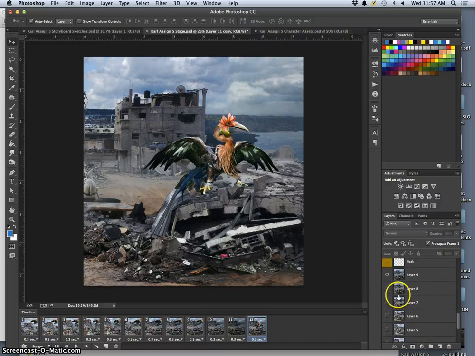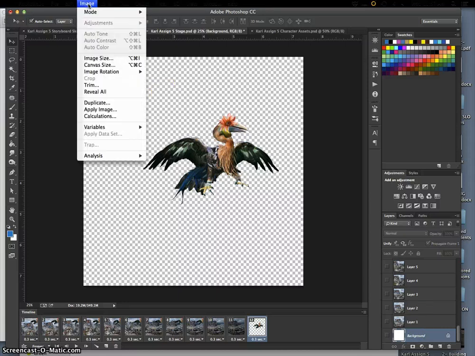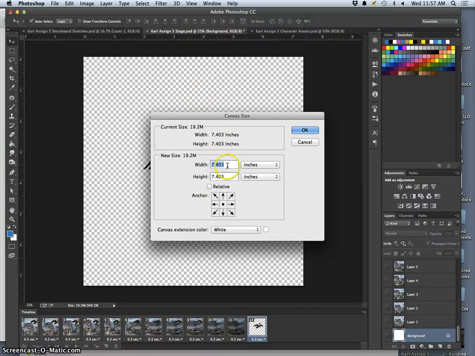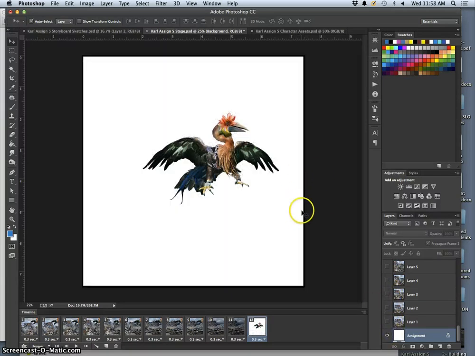So now I'm going to turn off my background. And I'm going to do something a little weird, but you'll understand why. I'm going to grow my canvas size just a tiny bit. So I'm going to go to 7.5 for mine on both sides, and I'm going to extend that color with black. So I'm going to have a little black frame around my image. Right, there it is. And what I'll do is select that black frame,